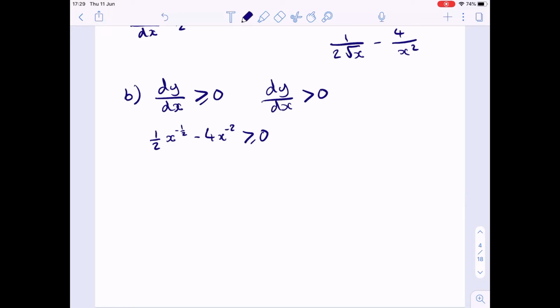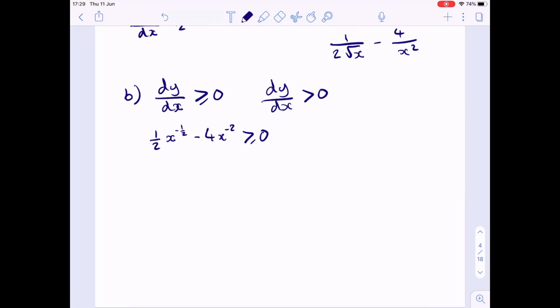If we think about this as 4 over x squared, well, whenever we've got a fraction in an equation, a good strategy is to multiply through by the denominator of that fraction. And as we've got an inequality, if I times both sides by x squared,